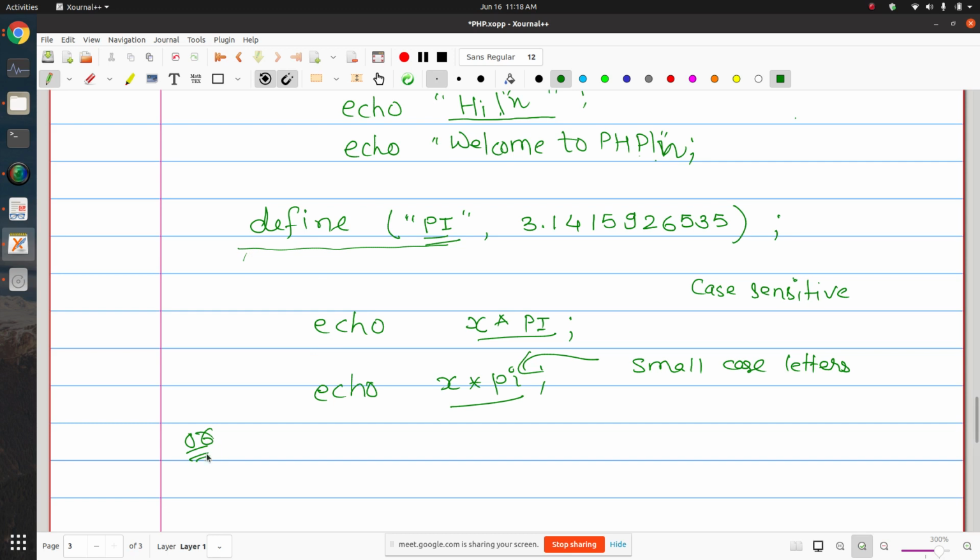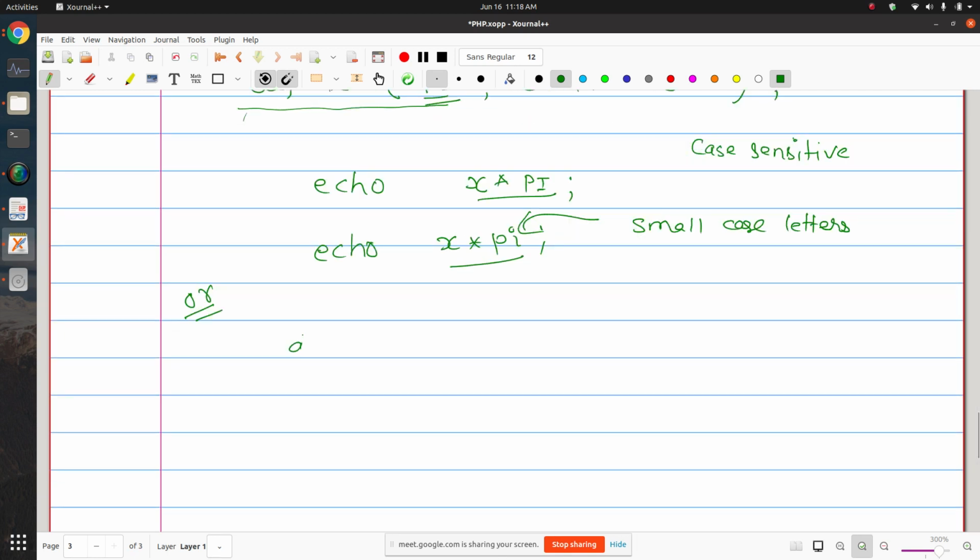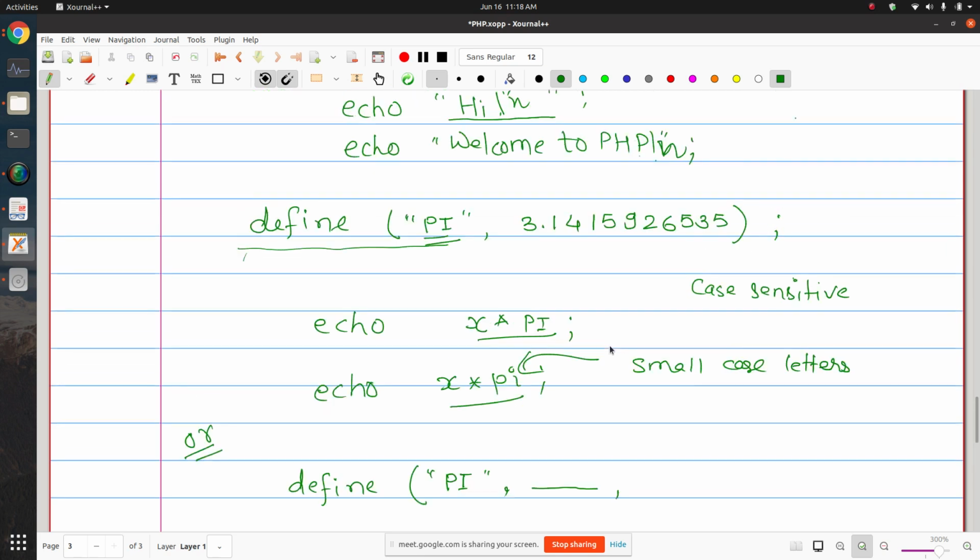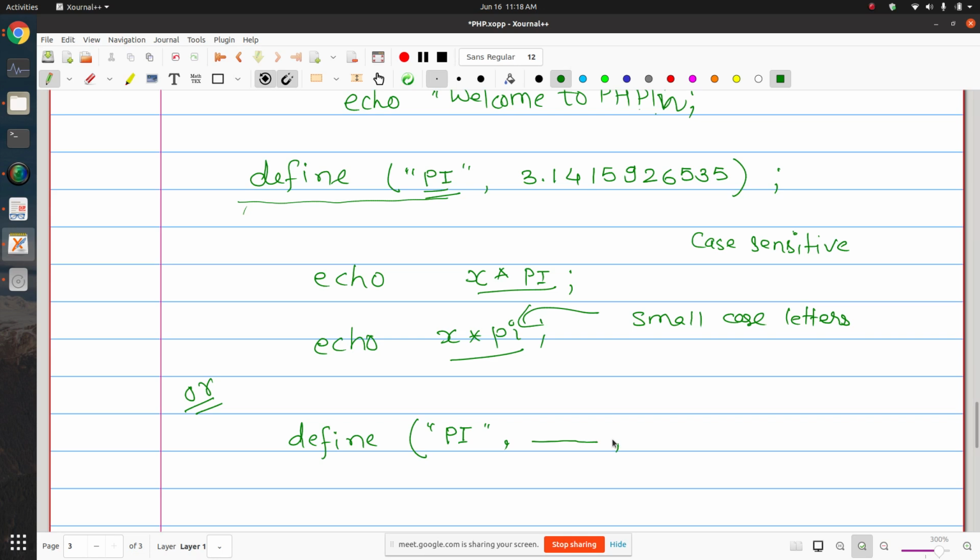You define the same constant using the following syntax. You use define, which is a keyword, then provide pi, then the value of pi, which I am not repeating, and now you write true here.